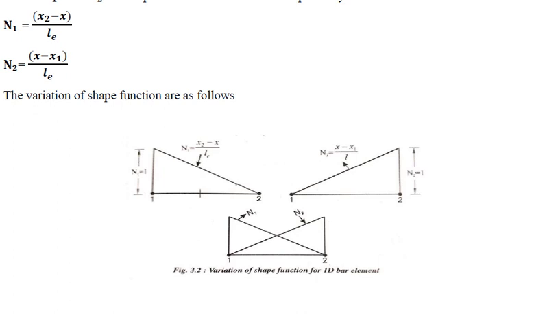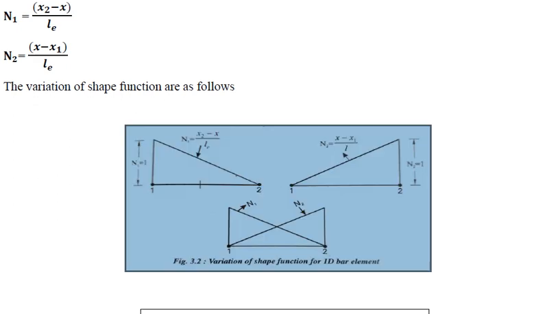We have two nodes, therefore we have two shape functions. So the shape function n1 is 1 at node 1. We have this element having node 1 and node 2. The shape function value is n1 at node 1, which is shown by this line of magnitude 1. This diagram belongs to shape function n1. And the shape function n1 at node 2 is 0. Therefore, there is no line drawn towards the y direction.